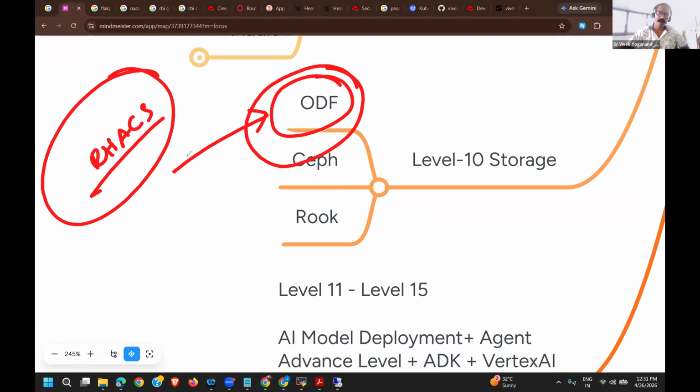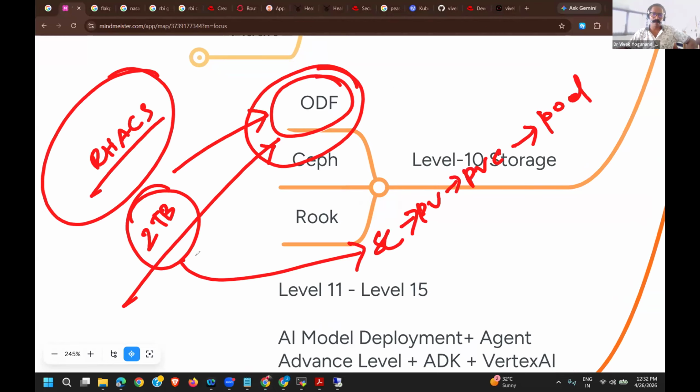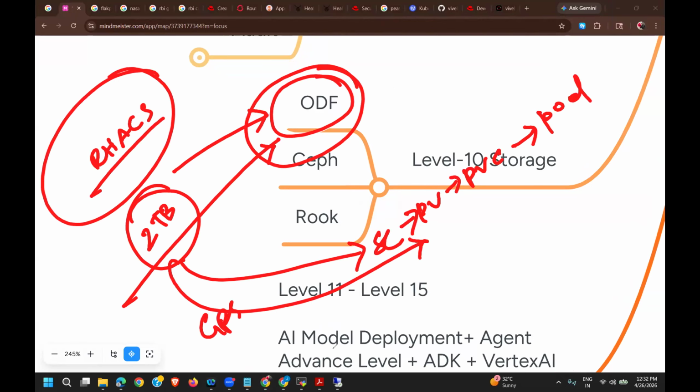How to take care of ODF, the entire storage, how to measure it, how I can create 2 terabytes of storage, create a storage class, allocate a PV, allocate a PVC, then attach it to the pod. This 2 terabytes of complete storage, I can create it. And I can use a GPU as well. So try to